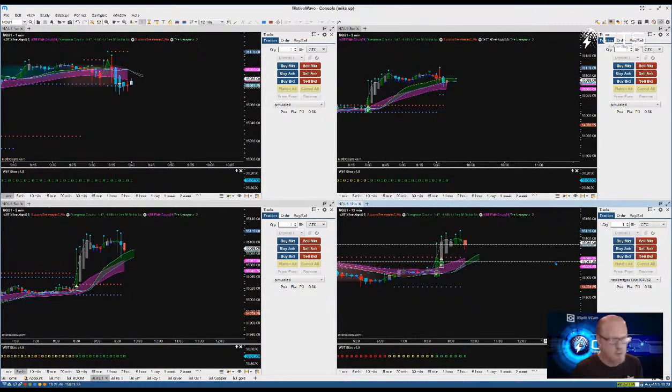Let's see what we got here, guys. It's trying to pull back. So maybe the pullback is just not going to last that long. It's back to the 91, 92. So guess what? I think we're going to reverse, guys. I think we are. We're going to reverse right back where we were going.